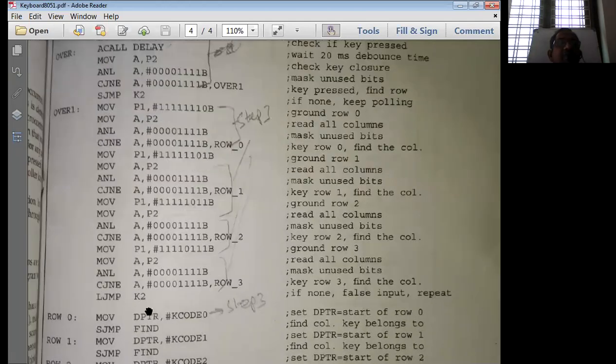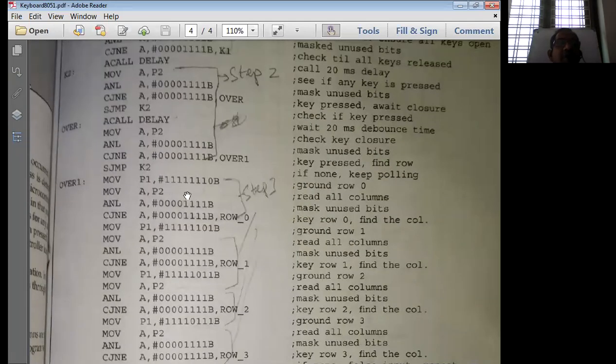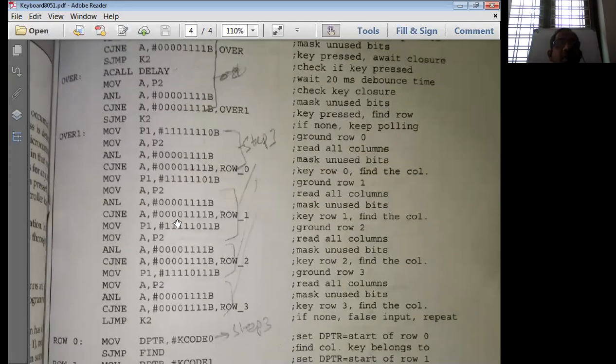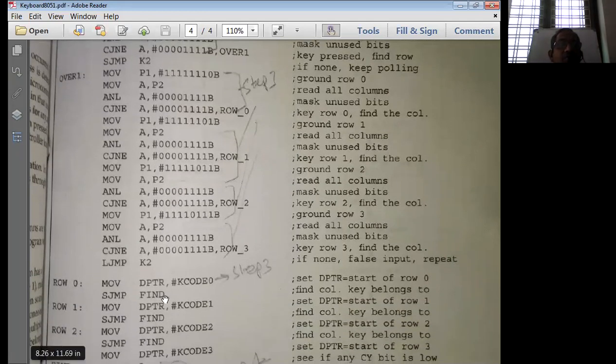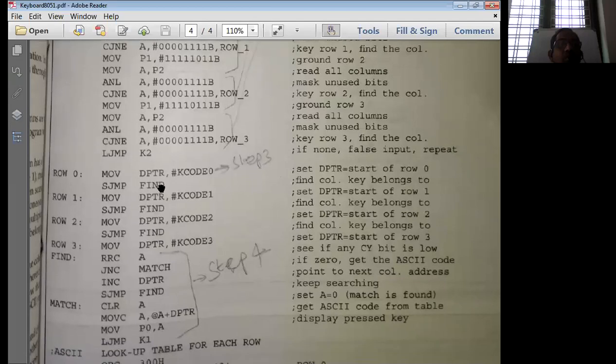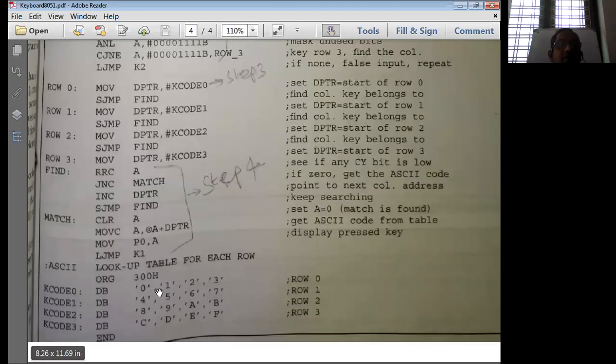That means once we have identified that at a particular row this key press condition is taking place, the control goes to that row, and in that row it has to find out which key is pressed over there. That I have to compulsorily check over here. Okay, then we'll go to step 4 now.